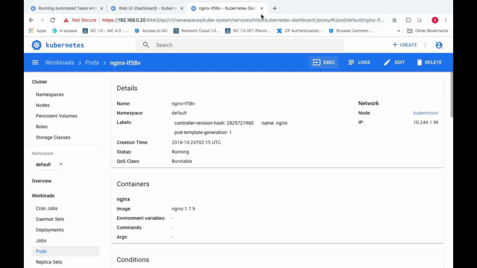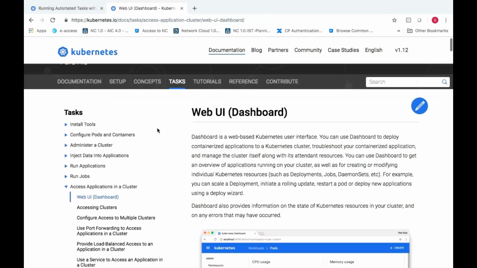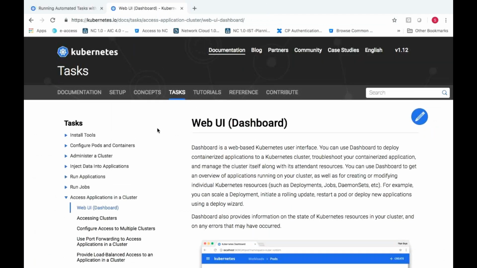So guys, tomorrow we will meet once again and continue with the rest of the topics. We have service account and RBAC. These are the two major topics which are left that need to be done carefully with practical examples. So tomorrow we'll start with service account, followed by RBAC.